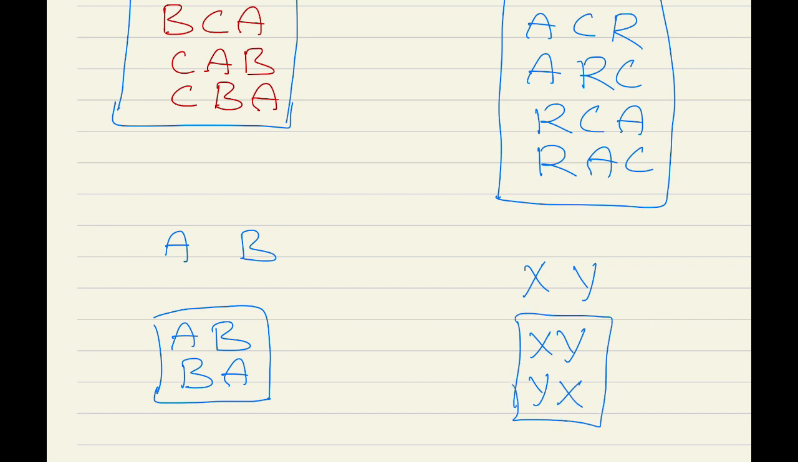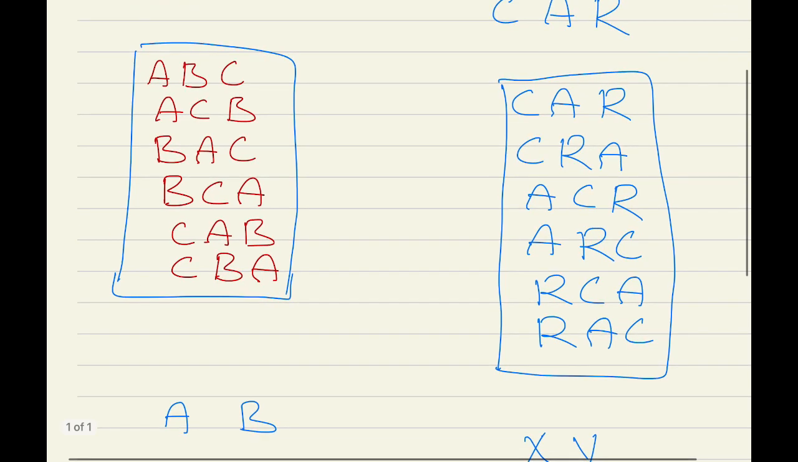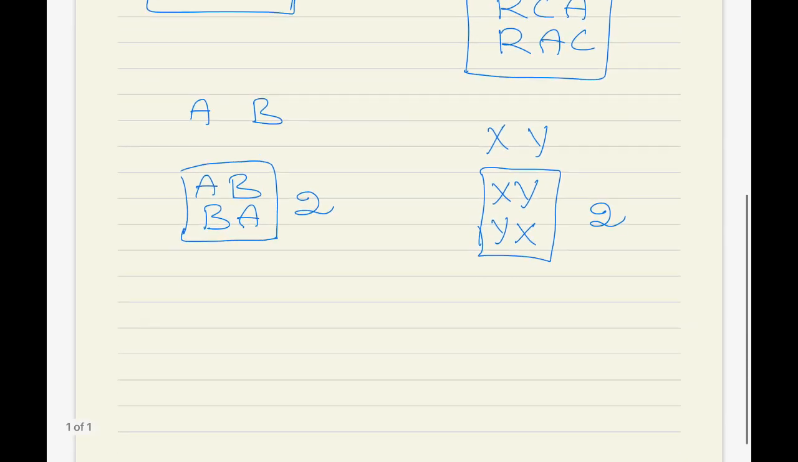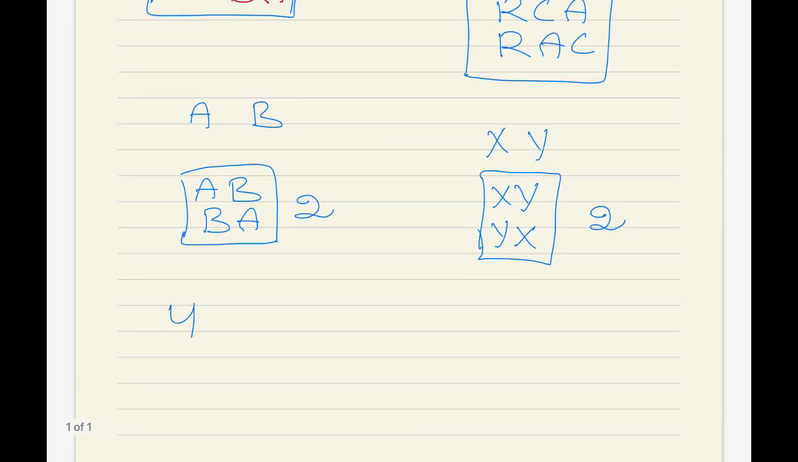And we know that when the number of characters is 2, 2 possible permutations are possible. So here A, B, so 2 possible permutations possible. And when the number of characters given is 3, then 6 possible permutations possible. Similarly here 6 possible permutations possible. And when the number of characters is 4, then at that time 24 possible permutations